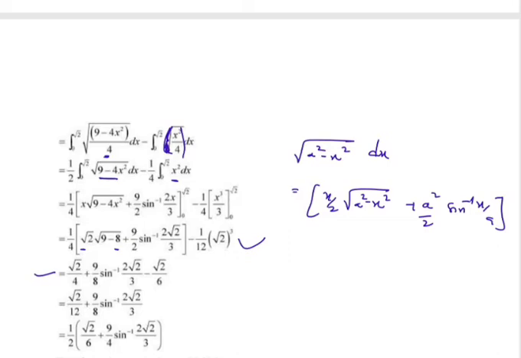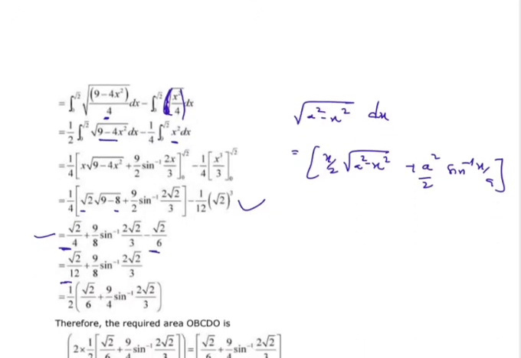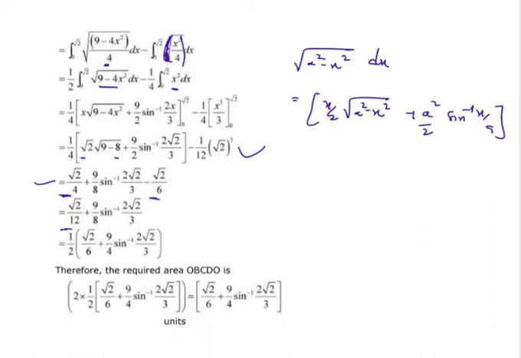Sine inverse 2 root 2 by 3 minus root 2 by 6. So simplifying root 2 by 4 and minus root 2 by 6 we get root 2 by 12 plus 9 by 8 sine inverse 2 root 2 by 3 as it is. So finally by taking 1 by 2 outside, root 2 by 6 plus 9 by 4 sine inverse 2 root 2